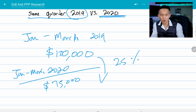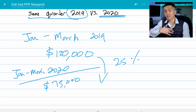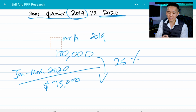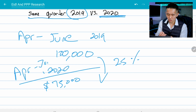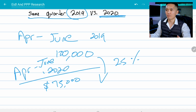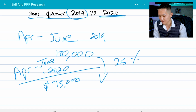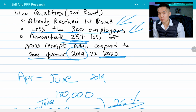Now what you may want to show is actually not January to March, it might be more like April to June 2020, because that's when COVID was a new thing and everyone's freaking out about it. So instead of January to March, it might be more accurate if you did April to June for both years. That way it's a little bit more accurate, because April was when everyone was freaking out, businesses were getting shut down. It was just a bloodbath. So if you show a 25% reduction, you will qualify for the second round of Paycheck Protection Program,